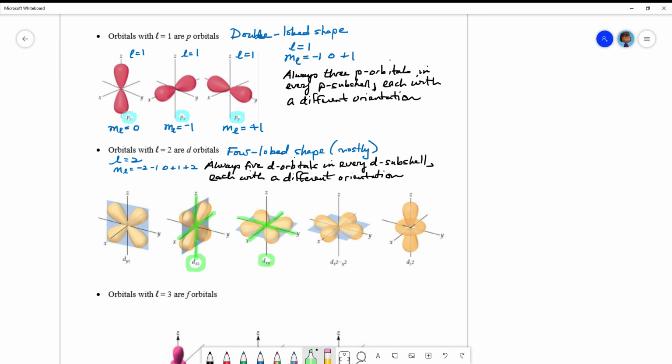Over here, the orbital lobes lie between the y-axis and the z-axis, making this the dyz. So note that little subscript, the yz, the xz, the xy, is telling us something about the three-dimensional spatial arrangement